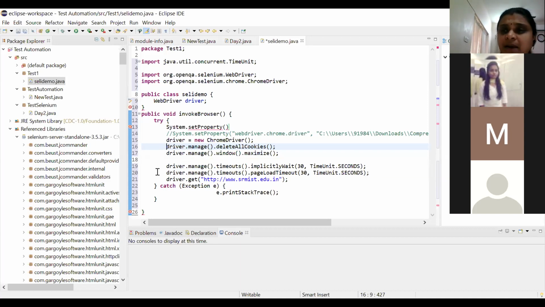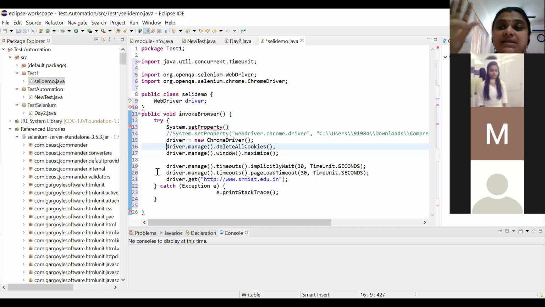What are these timeouts? You don't have to get into depth about all this page synchronization; it's not in scope of the topic that we are discussing. You would have noticed that if you try to load any particular URL, it takes a while to load. Now I am invoking through my browser and trying to open a URL.